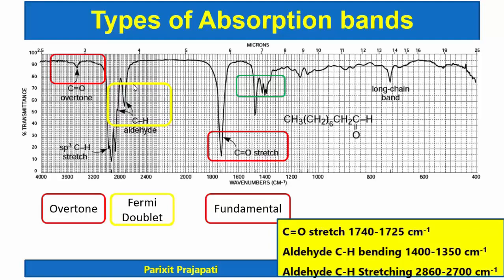So now from this spectrum, it is clear what kind of fundamental vibrations are there, what the difference is between stretching and bending vibration, what an overtone is, and what Fermi resonance is. A combination band can be a combination of any two fundamentals. Say for example here there is a combination of two different types of sp3 CH stretching of the alkyl group. The symmetric and asymmetric vibrations can get combined and a new peak may also be obtained. So this is about the types of absorption band.